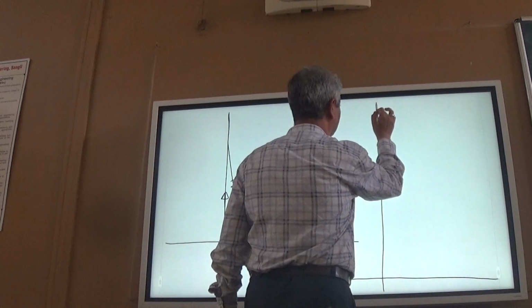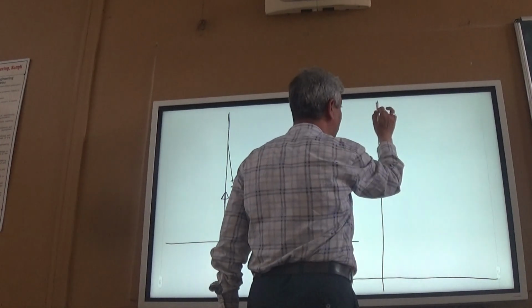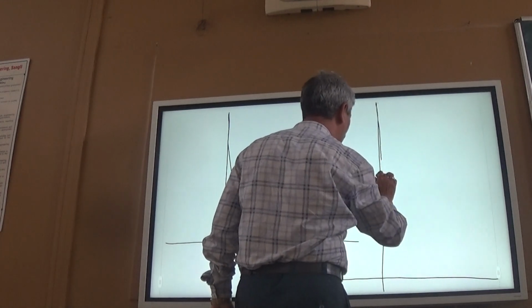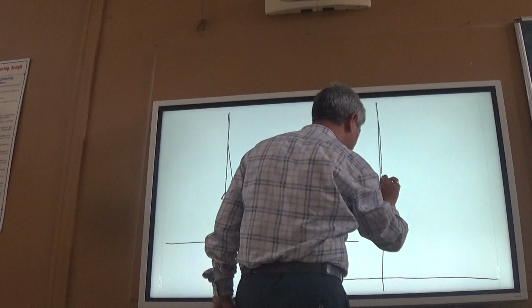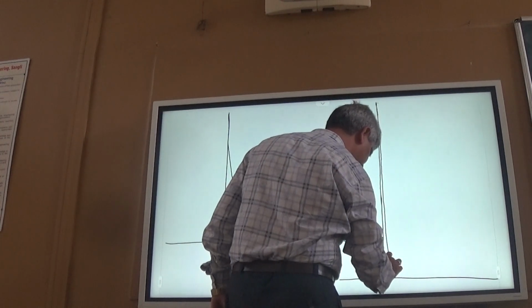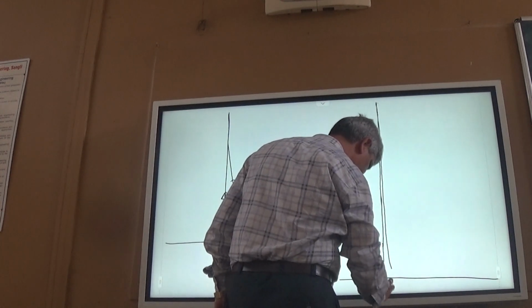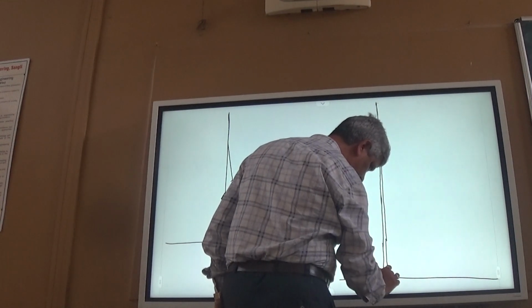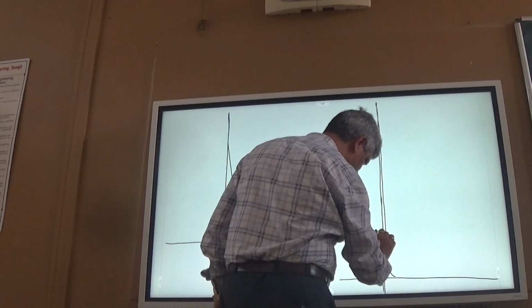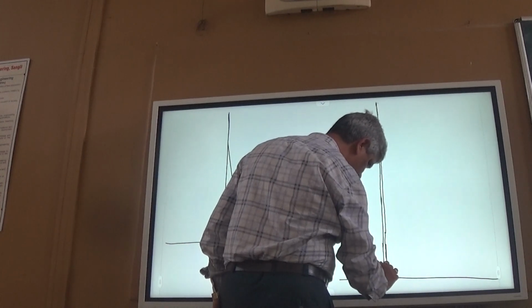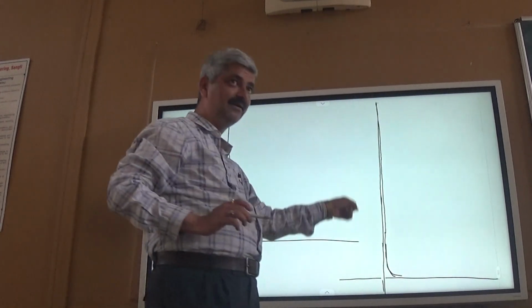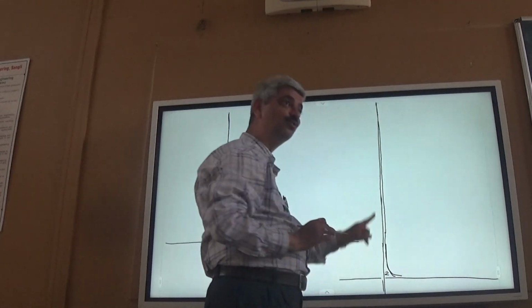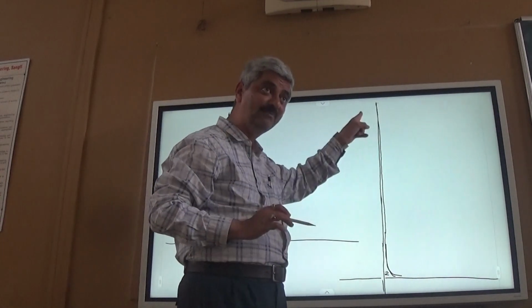A good amplifier has a very high height, and h(t) is a very narrow, fast dying exponential, and such a curved area is a good amplifier. And for